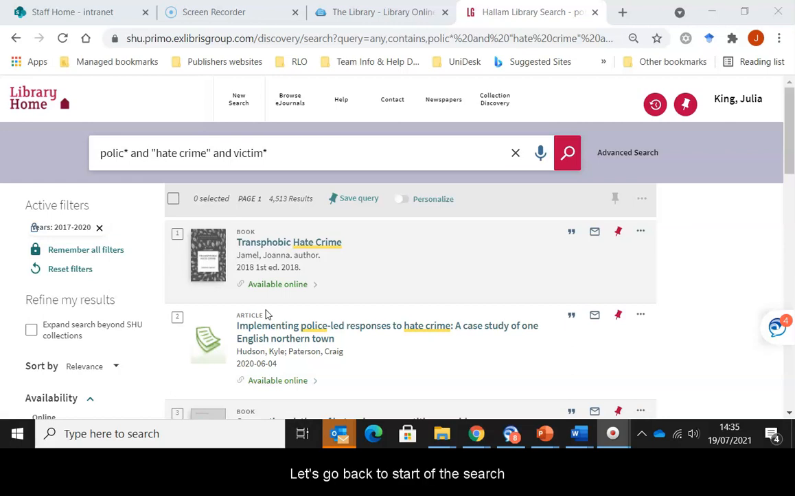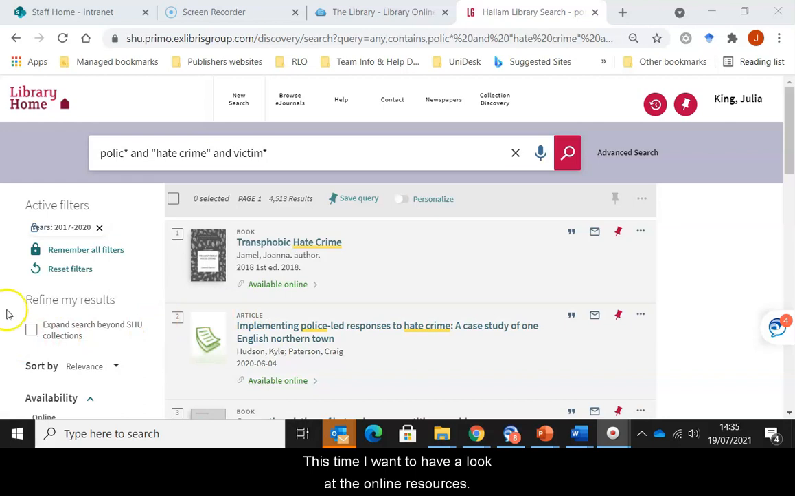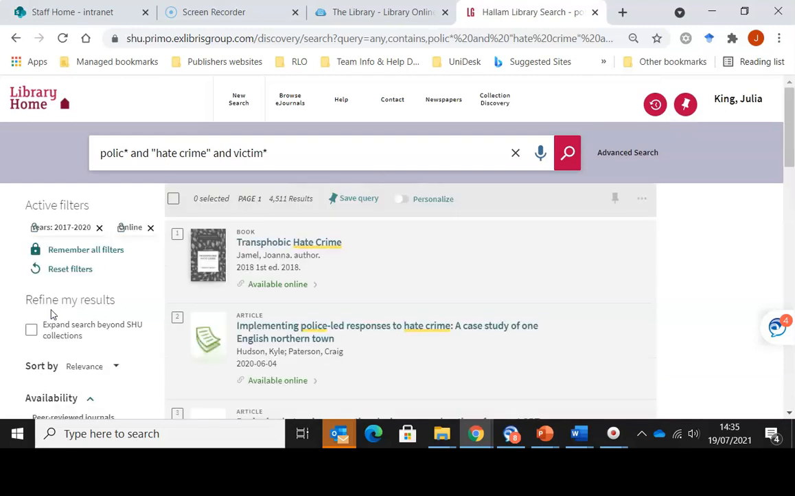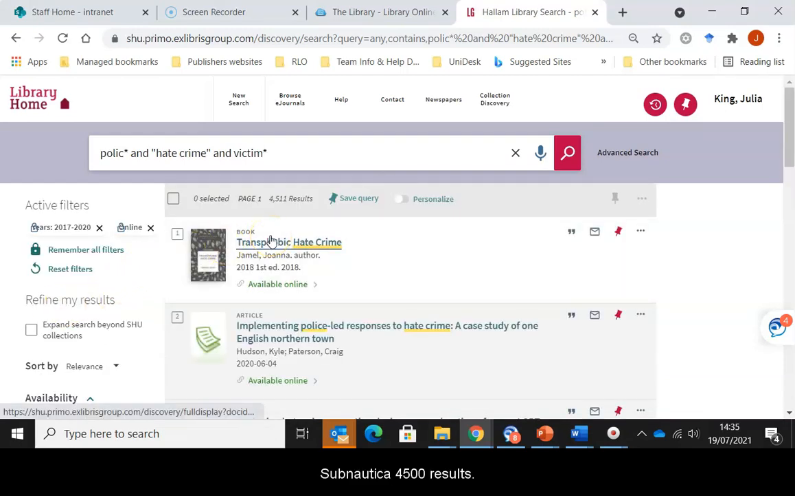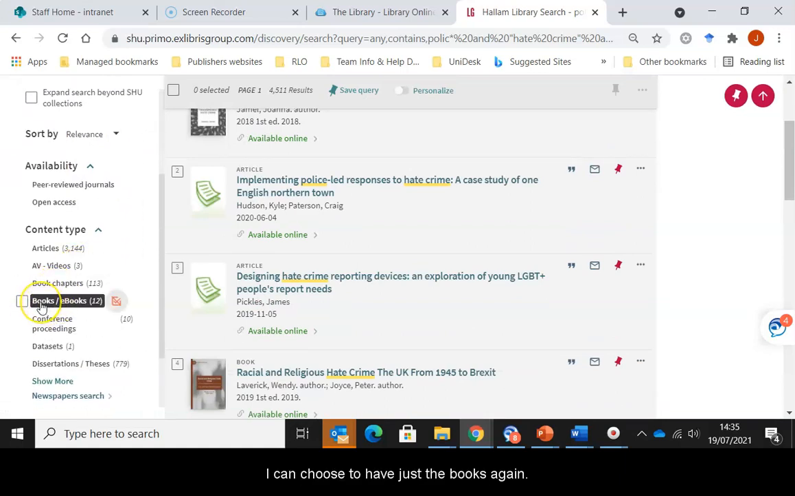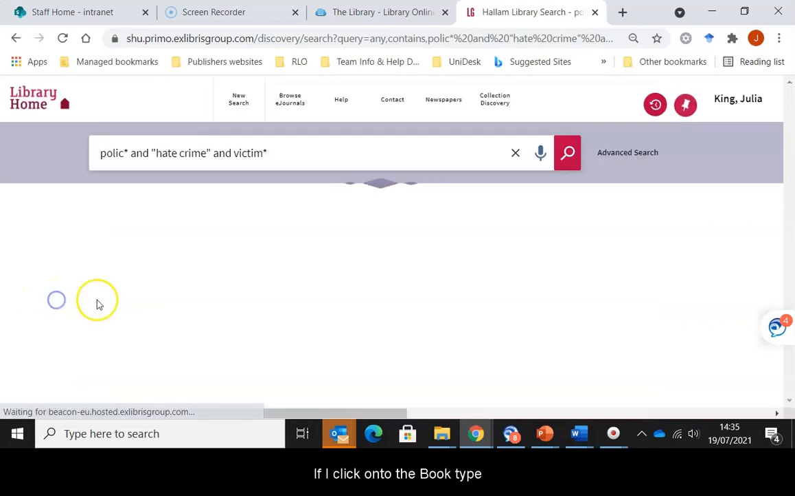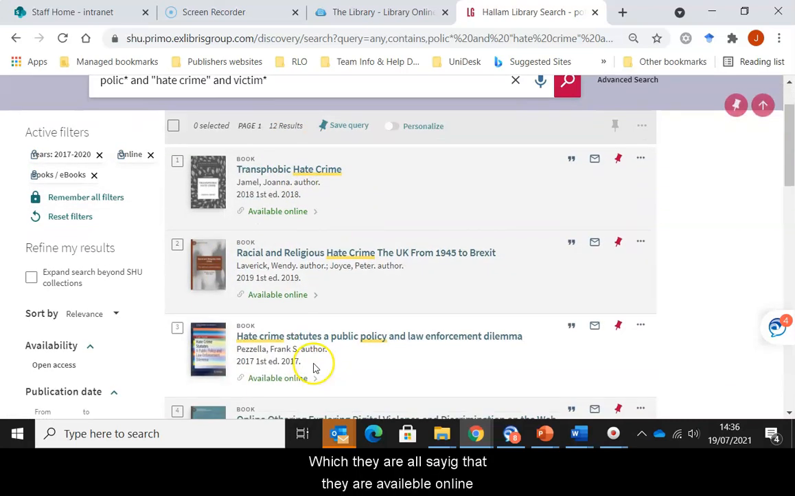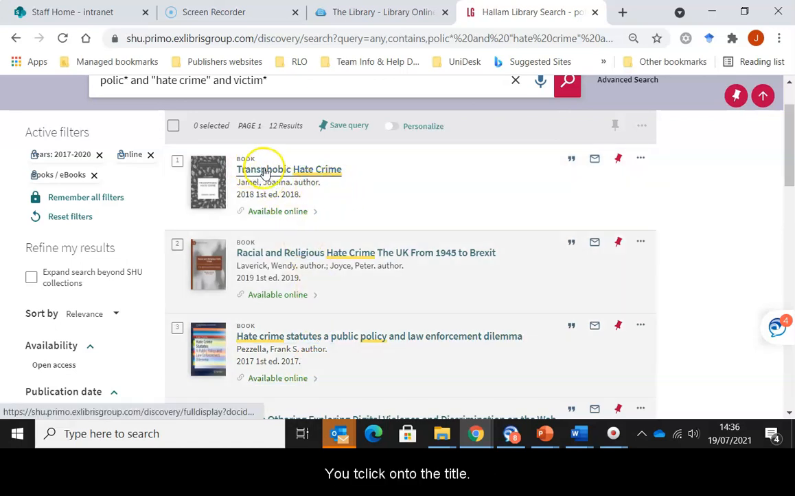Let's go back to the start of the search. This time I want to have a look at the online resources. So under the filters, I can choose the option for online on the left-hand side. So I've now got over 4,500 results. Again, if I come down, I can choose to have just the books again. If I click onto the book type, I've now got 12 results, which are all saying that they are available online. In order to see the online book, if you click onto the title,